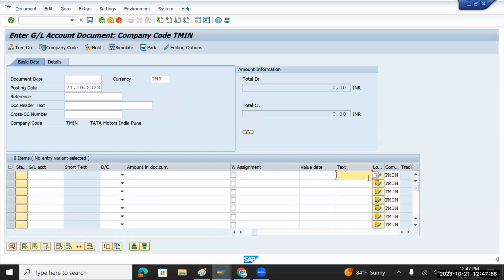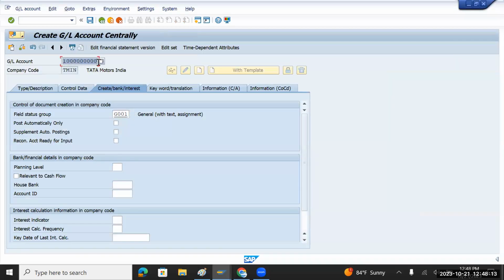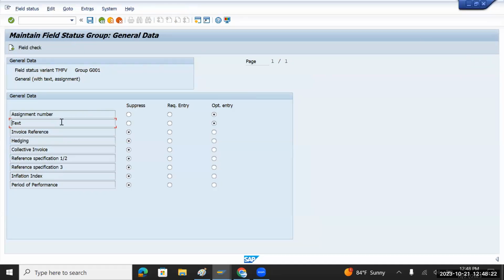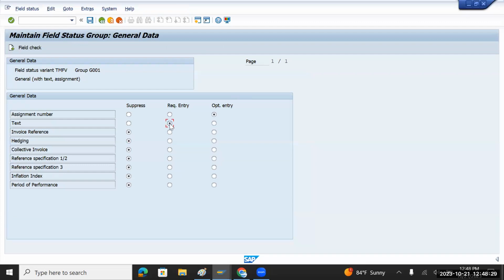If I extend, these are the text fields, which are called at line item level. So I can mark this as required, not required, or a suppress field. If I suppress, it will not be available for that particular GL account. For all the GL accounts which are assigned to Z001, if I mark this as required,